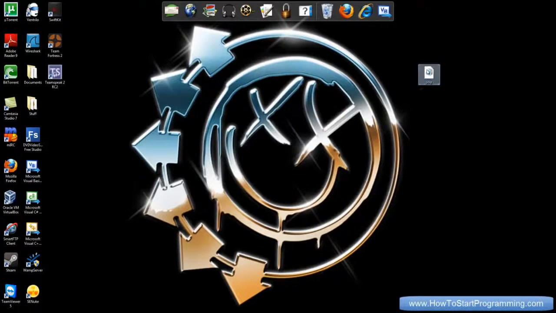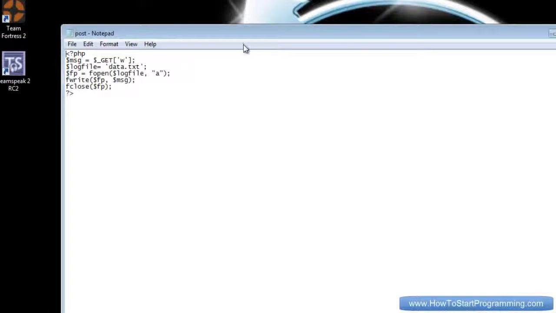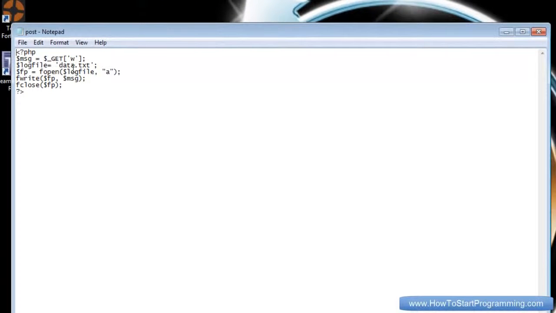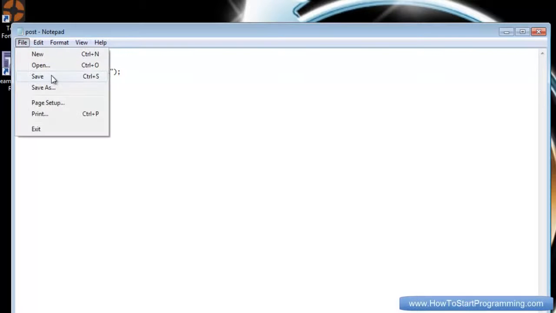Now, if I go to my desktop, I have it right here. It's called post.php. And if you don't know PHP, all it's doing is declaring the variable message as get, which is like post, but I won't explain that right now because we're going to learn it in a third tutorial. But we're going to get w, which I'll show you what that is right now, and it's going to say the variable log file is data.txt, which is the file we're going to be writing into, and then it's going to open log file and then write message, which is this right here, and then it's going to close it, and that's all you need to know. So I'll save that,